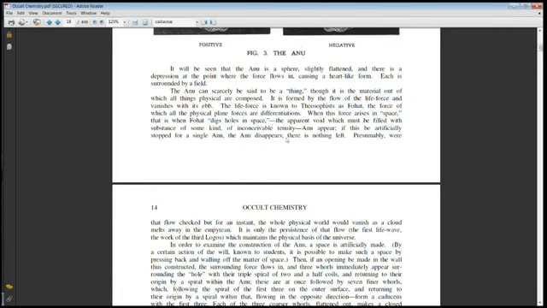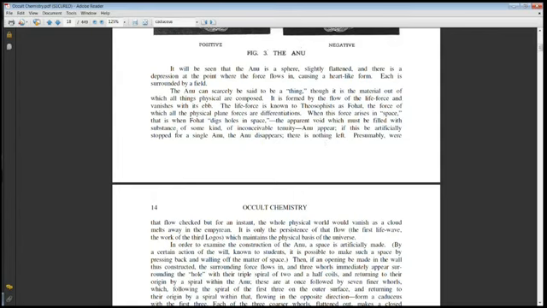The life force is known to Theosophists as Fohat, and that is the energy that actually breathes through this Anu. The force of which all physical plane forces are differentiations. When this force arises in space, that's when Fohat digs holes in space. The apparent void, which must be filled by a substance of some kind, is inconceivable to nuity. Anu appear. When it says Anu appear, it doesn't mean it as one. Okay? What it means is that Anu is also plural. So Anu appear, and they start self-organizing things.